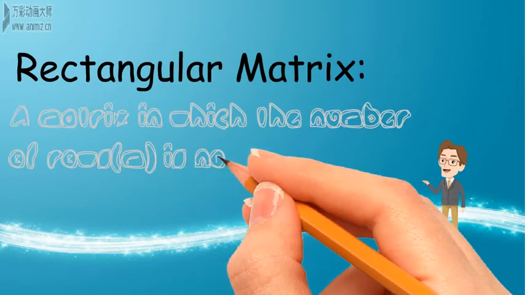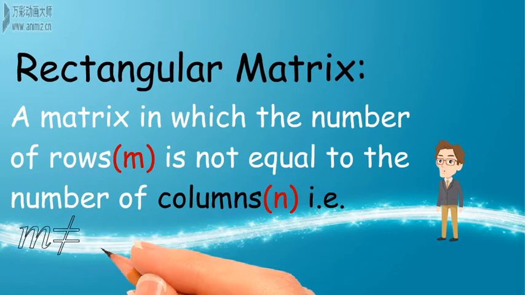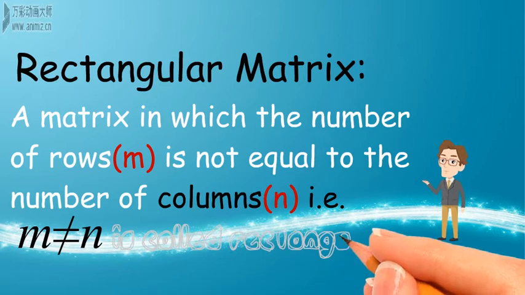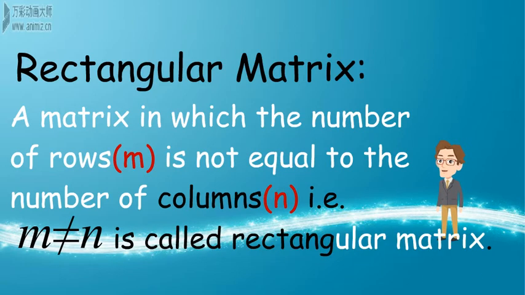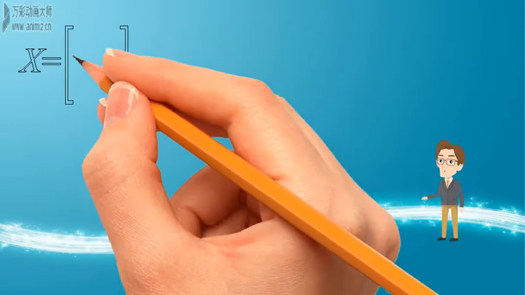Rectangular matrix: a matrix in which the number of rows m is not equal to the number of columns n, that is m ≠ n, is called rectangular matrix. Examples are